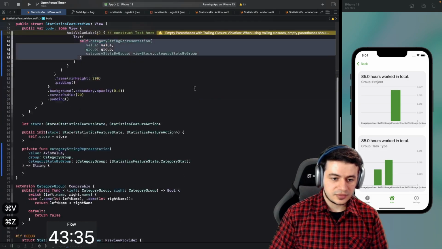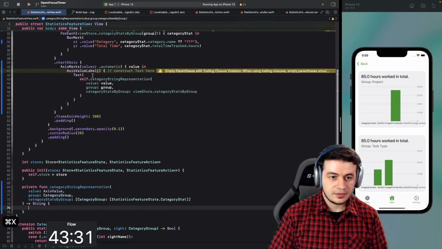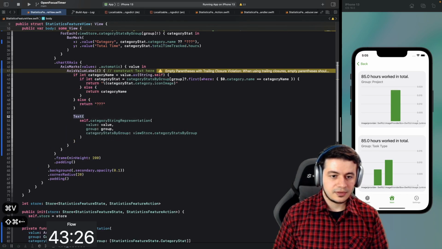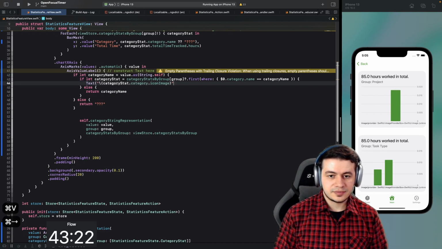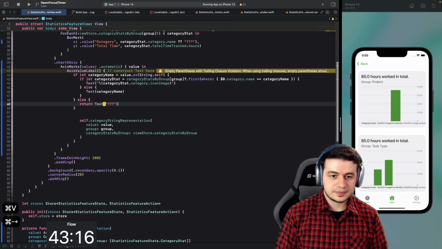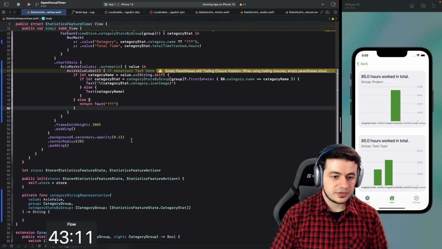Oops, I just lost it. Let me copy again. And that's basically the logic for here. And everywhere we just, instead of return, we just wrap it into text. Let's try it this way. It could work. And the compiler should be happy now because we fixed the issues in a function we created before,